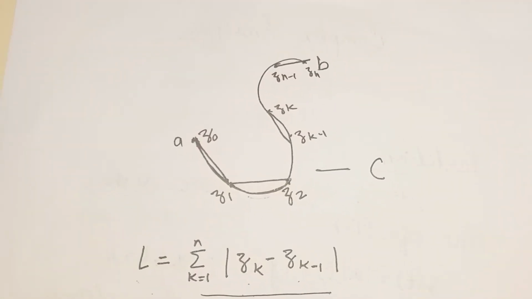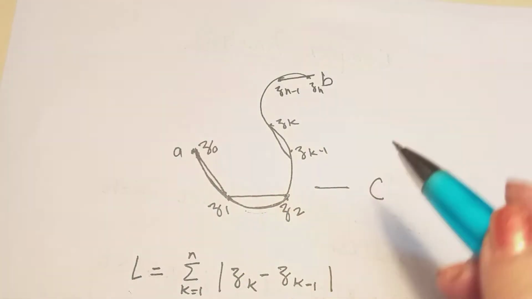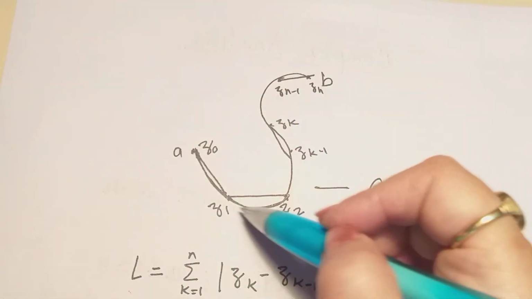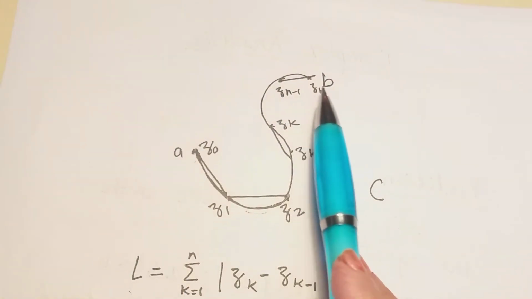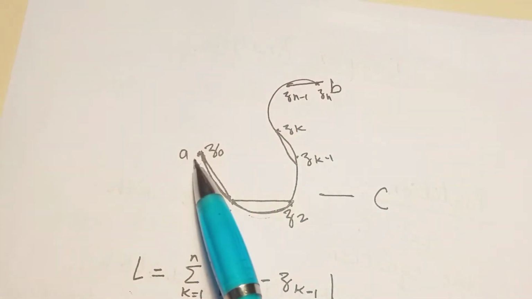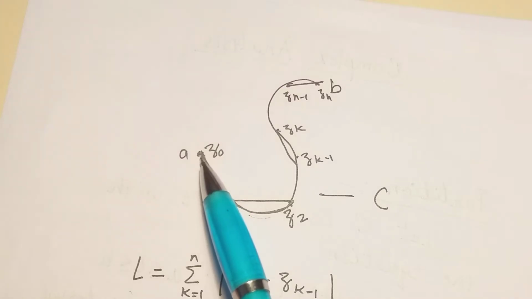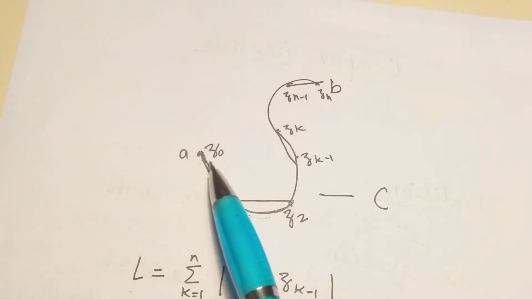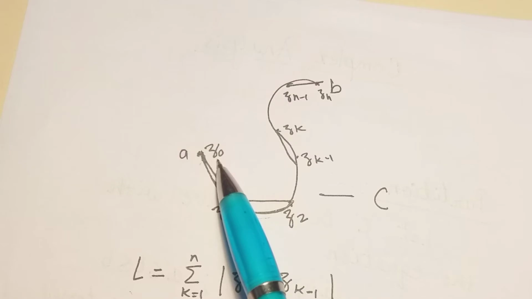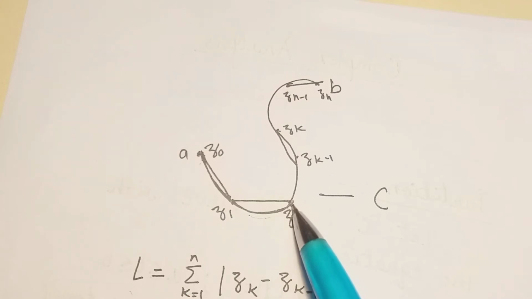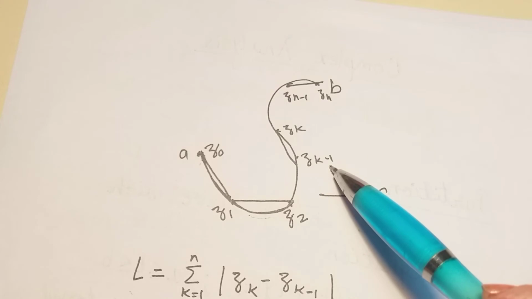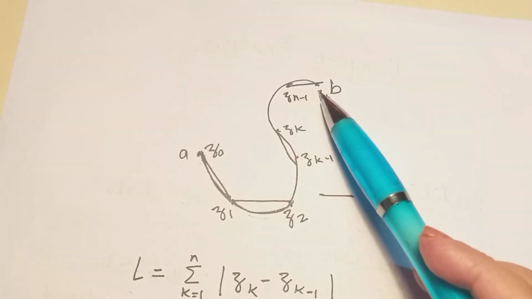Now we understand this more precisely in terms of a rectifiable curve. Suppose it is a curve C. It is A, it is B. Okay, A is equal to t0, right? And corresponding to this t0, we have a point z0 on this curve. Similarly, corresponding to t1, we have a point z1 on this curve. Corresponding to t2, we have a point z2 on this curve. Similarly, z_{k-1}, z_k, z_{n-1}, z_n, and so on.